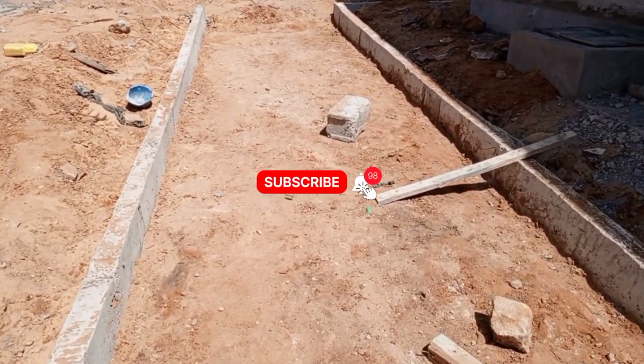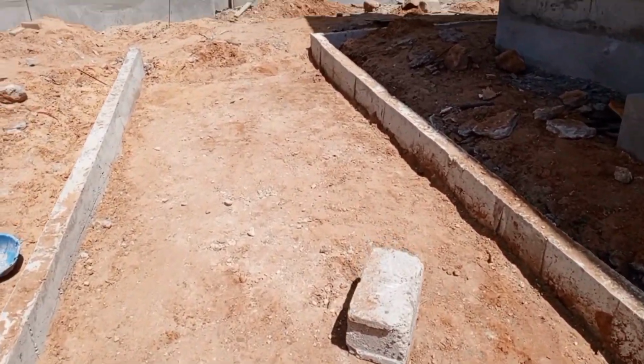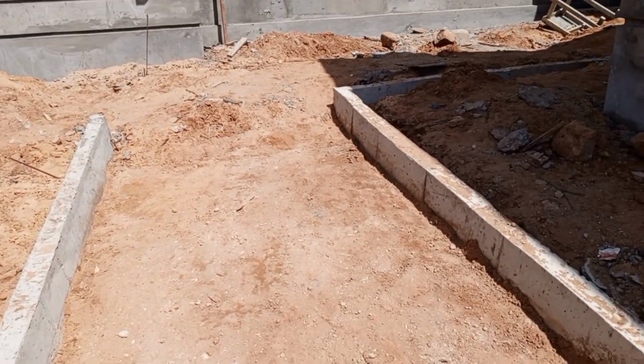Yes, so this is a construction site, and on this construction site they are coming up with a